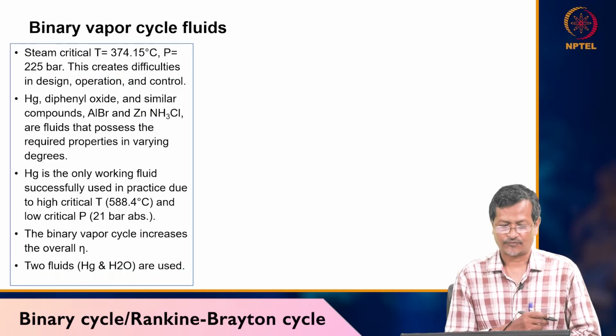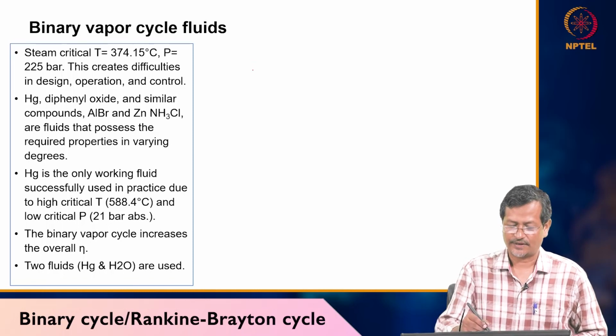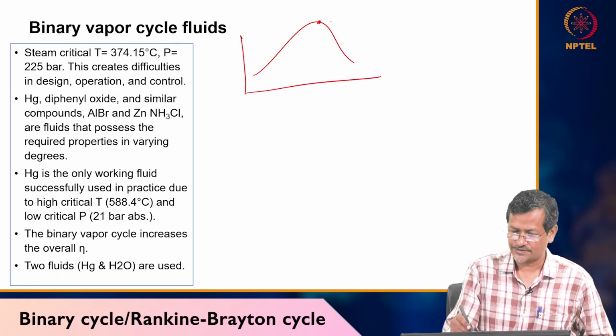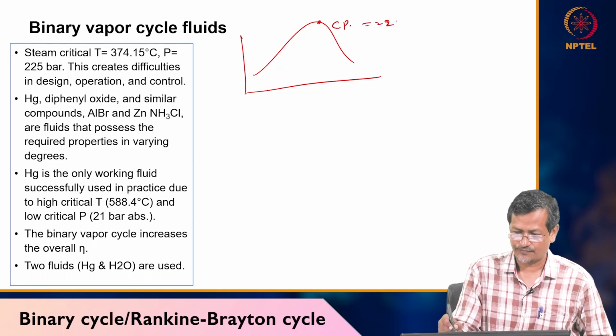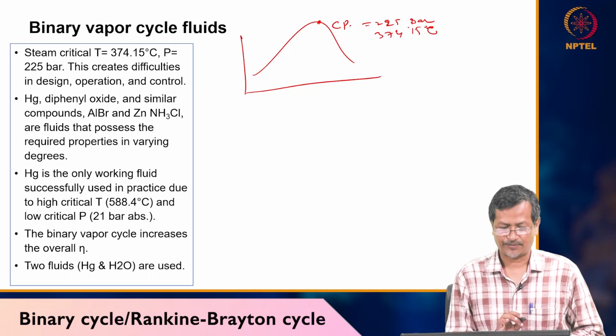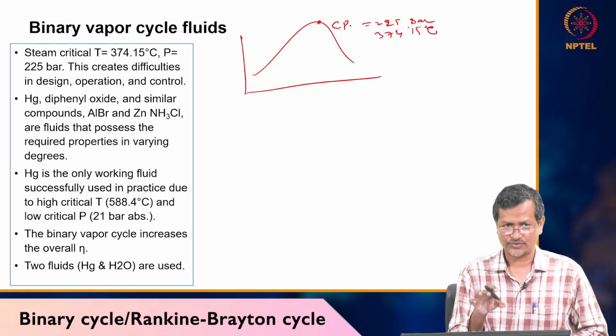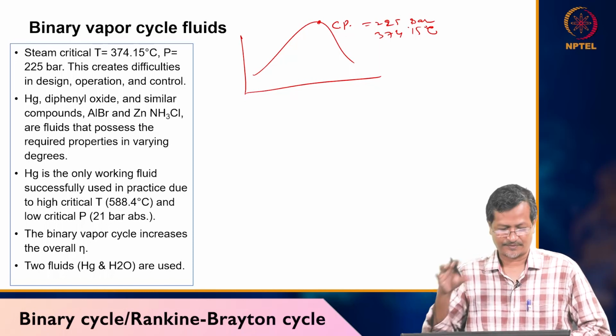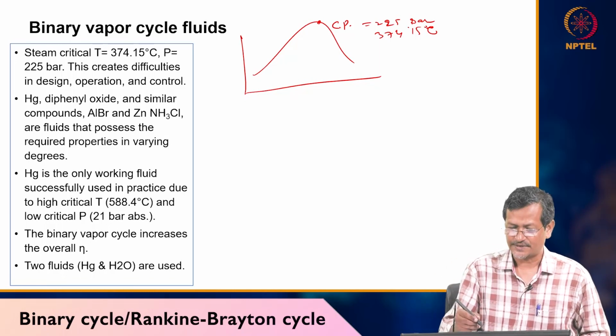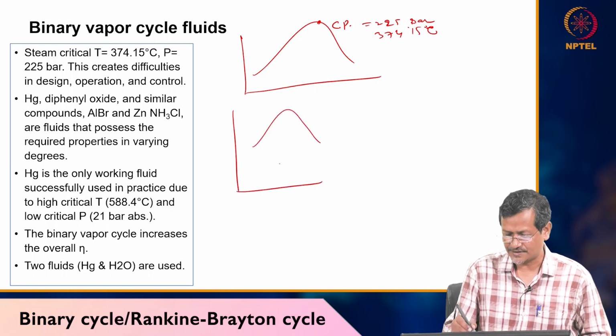Okay, binary vapor cycle fluid. Steam normally will have critical temperature 374 degree. The critical pressure is 225 bar and 374.15 centigrade. Okay, this creates difficulty in design, operation, control. So mercury, diphenyl oxide, similar compounds, aluminum bromide, zinc, ammonium chloride, these are fluids that can be used as one fluid, and another fluid can be water. Okay, so this binary cycle means I will have two vapor envelopes, one is here, another is here,